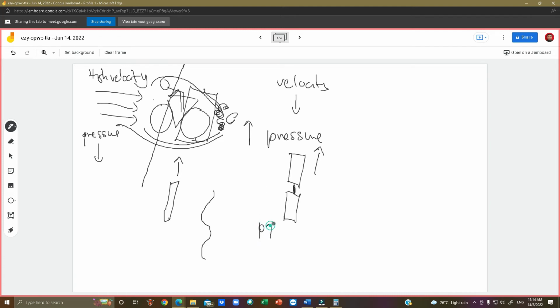It is because of pressure. Pressure dekat belakang tinggi, pressure dekat depan rendah. Because velocity angin dekat depan tinggi, velocity angin dekat belakang rendah. This differentiation cause form drag. Okay, and this drag